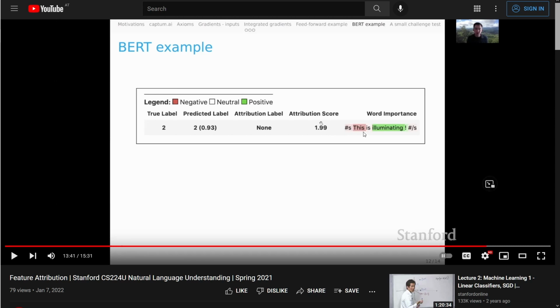You have a sentence: "This is illuminating." It indicates which word of this sentence has an attribution score of 2 with a predicted label of 0.93. You can see here that the positive, in green, is "illuminating," and a little bit the exclamation mark. So "illuminating" is positive. Interesting, this is a little bit more on the negative side, but this is what you get